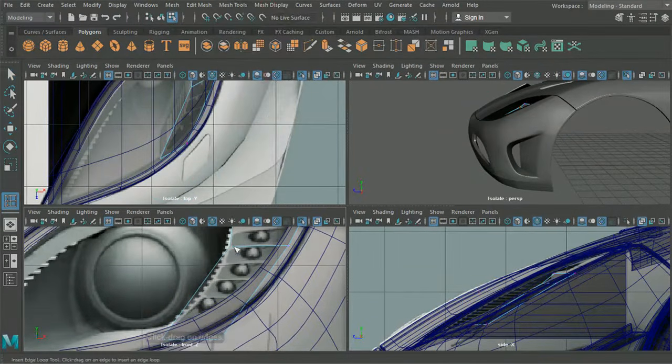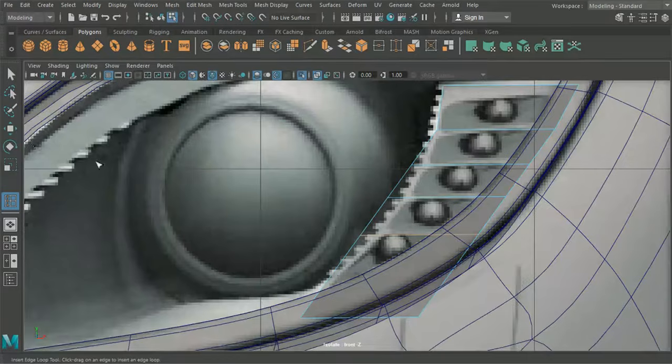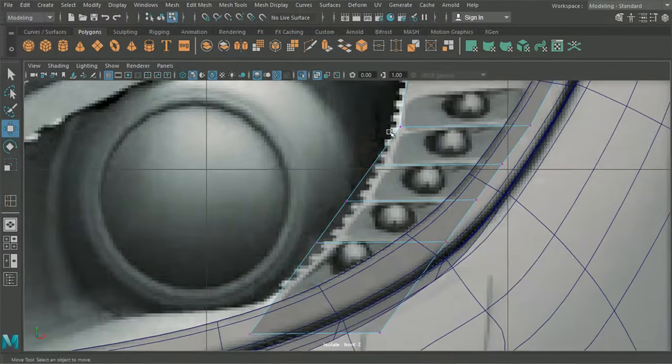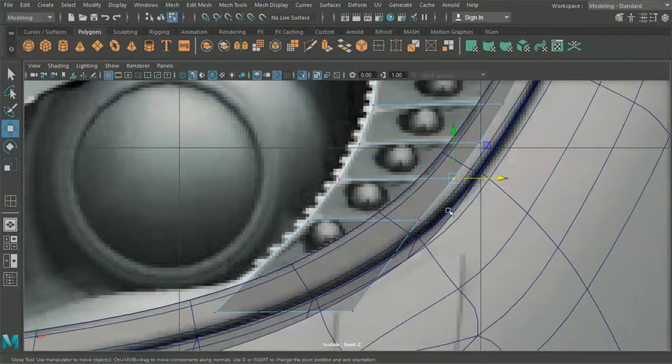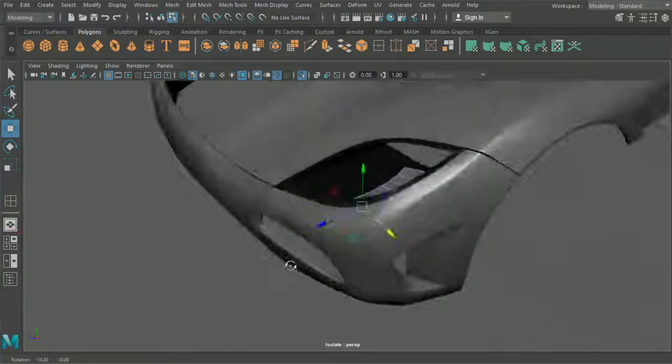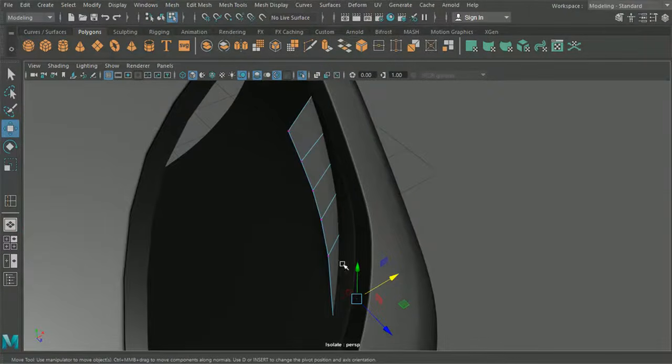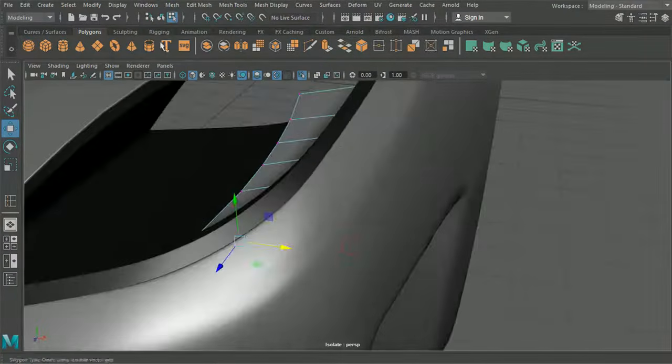And what I'm going to do is insert some edge loops which will correspond with each of the individual blocks here, which will then allow me to kind of consolidate this curve a little bit better. Okay. And then we'll just maybe maintain a half decent curve on this side as well. So we can see that that's all merging quite nicely into that interior edge anyway.